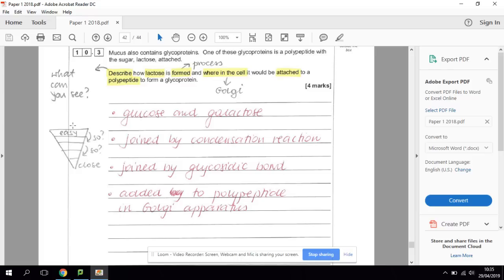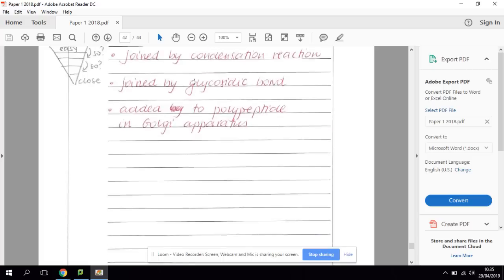Looking for marks, start with the easy mark and then work it down. So looking at the question, firstly, what is lactose? It's glucose and galactose. So it's a disaccharide joined by a condensation reaction, joined by a glycosidic bond, and added to the polypeptide in the Golgi apparatus, Golgi body. So that's the end of